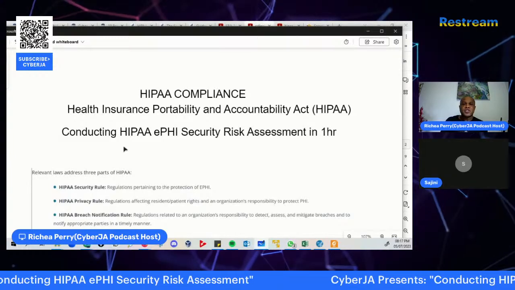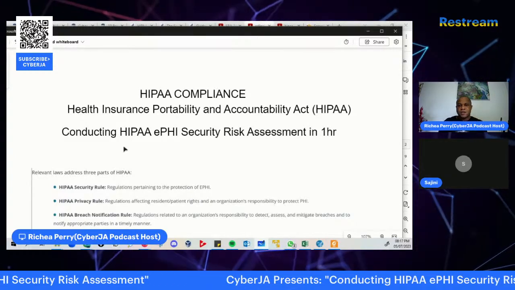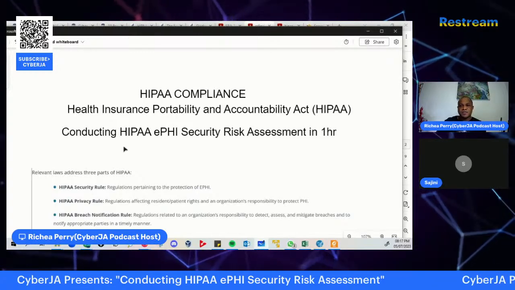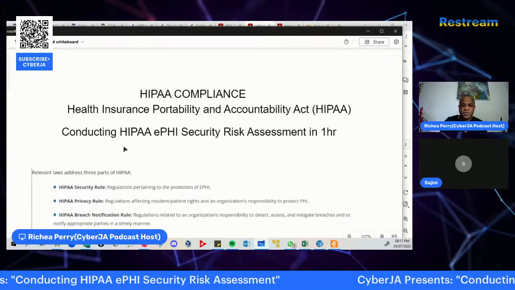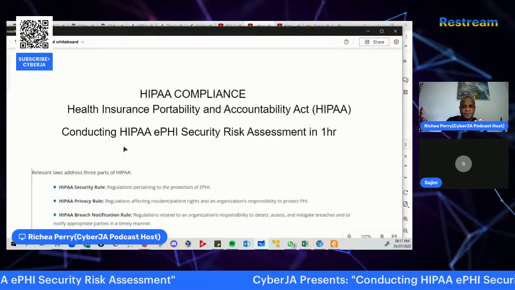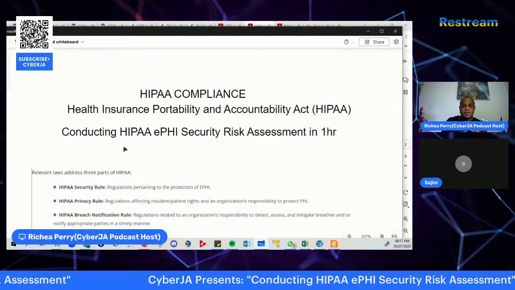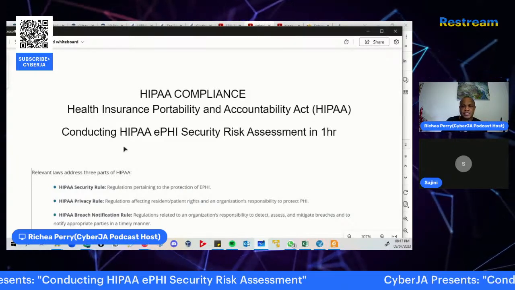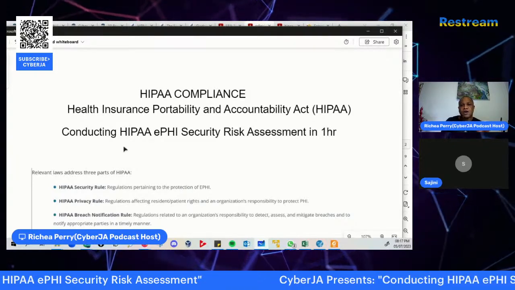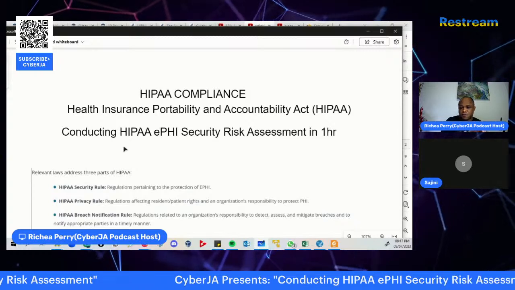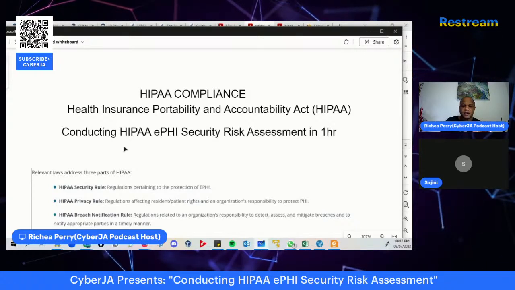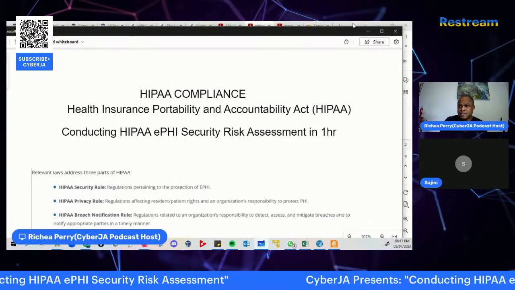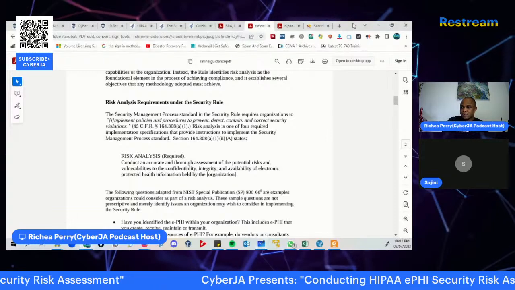But this is mainly to give you an idea, so at least you're familiar with these elements as I jump between a number of different pieces, as the main focus is for you to understand what is actually done during the security risk assessment element of the compliance requirements for the HIPAA standard.